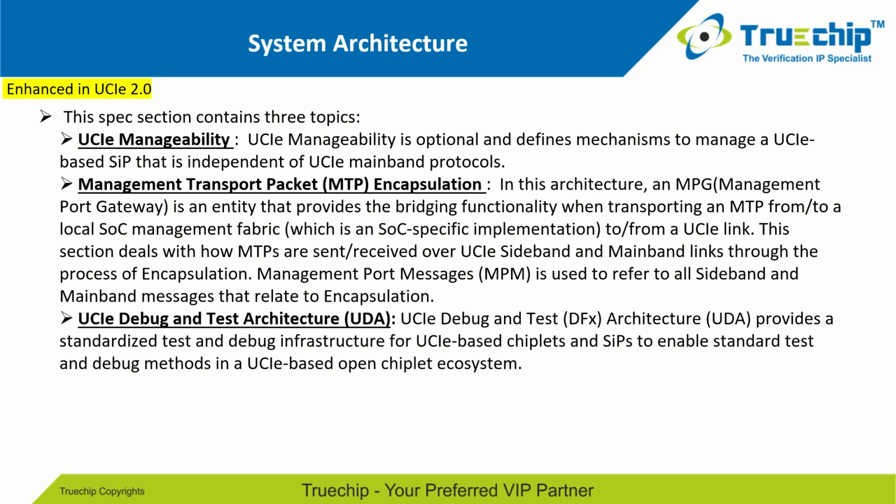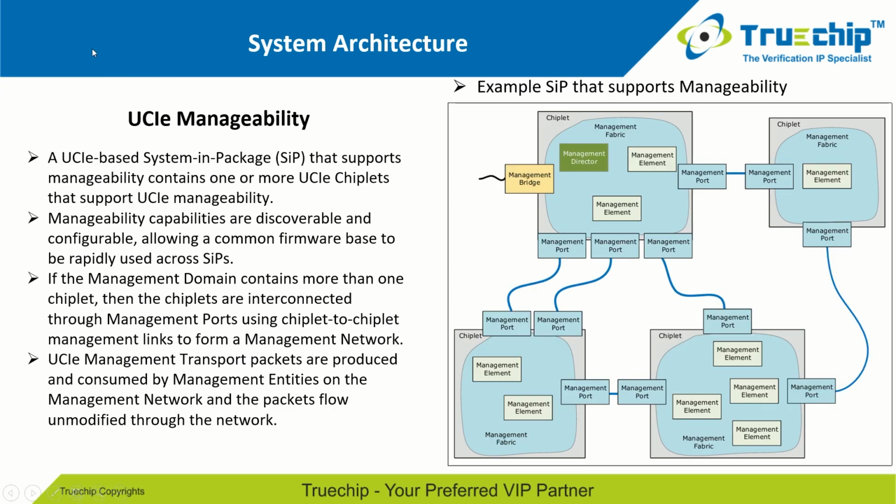Now let's have a brief about the UCI manageability. A UCI based system in package that supports manageability contains one or more UCI chiplets that support UCI manageability. As we can also see in this diagram, all the chiplets support a management port, the connections of the chiplets are done by the management ports, and the data transmission is supported by the management transport protocol. The manageability capabilities are discoverable and configurable, allowing a common firmware base to be rapidly used